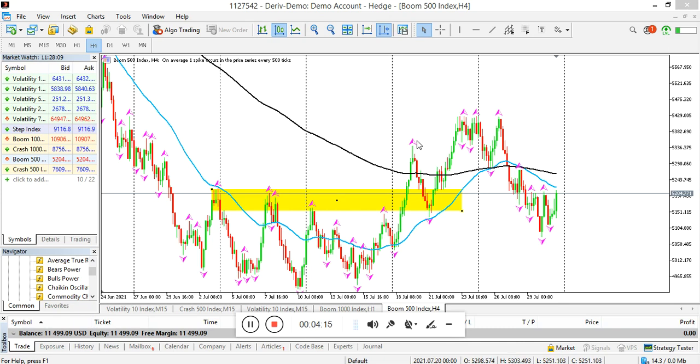But when it was broken, please listen very carefully, this is the higher time frame, the 4 hours time frame. Once it was broken, definitely it's coming back to retest this area, which is on your 50 moving average. It's going to bounce on your 50 moving average, then it's going to go up. This is 4 hours, each candle is for 4 hours. If you mark this area out,